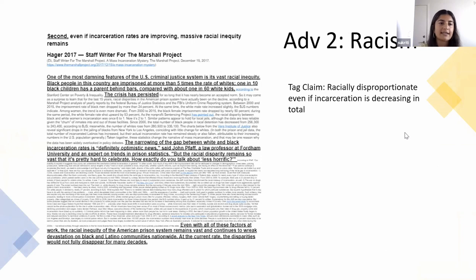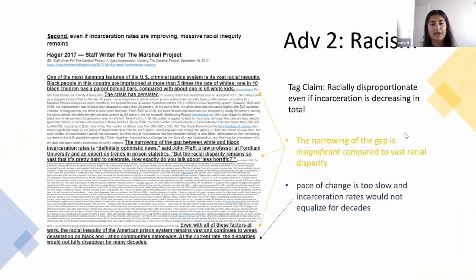And the last card in the 1AC is a card which preempts a 1NC argument. And what I mean by preempts is that it tries to answer the argument before it even comes up. And this one says that even if incarceration rates are improving, there's such a big gap between the two rates. It gives some statistics on how big the gap is, and then explicitly acknowledges that this trend exists, that there's a smaller gap. But if you see the second bullet point, it's so slow that at the current rate that the gap is decreasing, it would still be disproportionate for many decades.